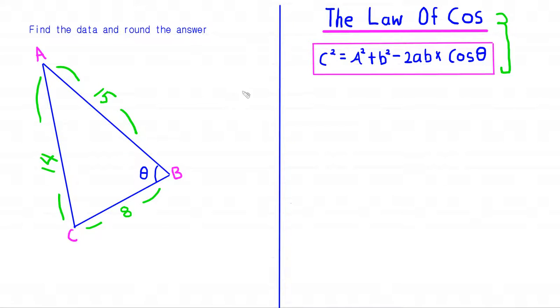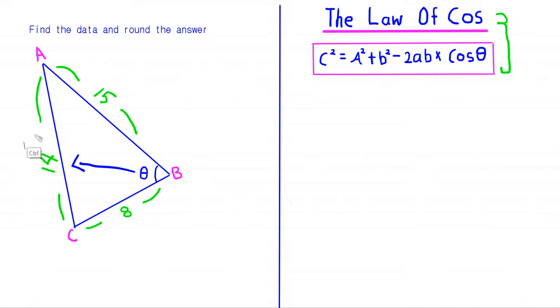So in this video, I'm going to solve the second example of finding theta, which is a missing angle, using the law of cosines. I wrote the law of cosines right over here, which we already learned in the last video. If you want to know this angle right over here, c squared should be the opposite side of it, which is 14 in this case,